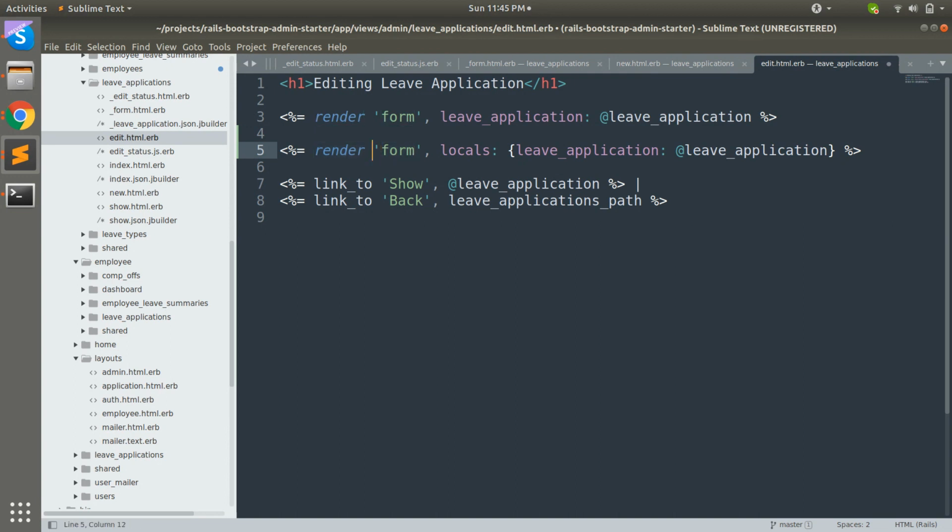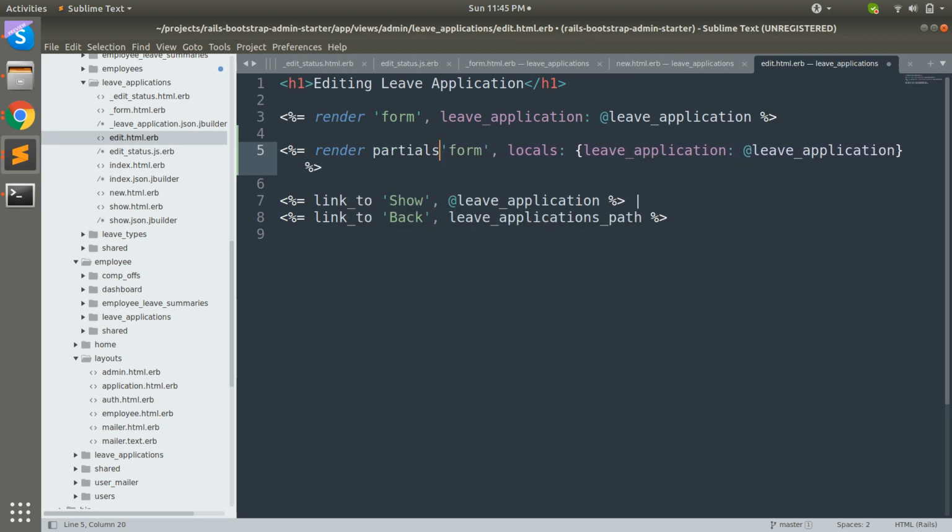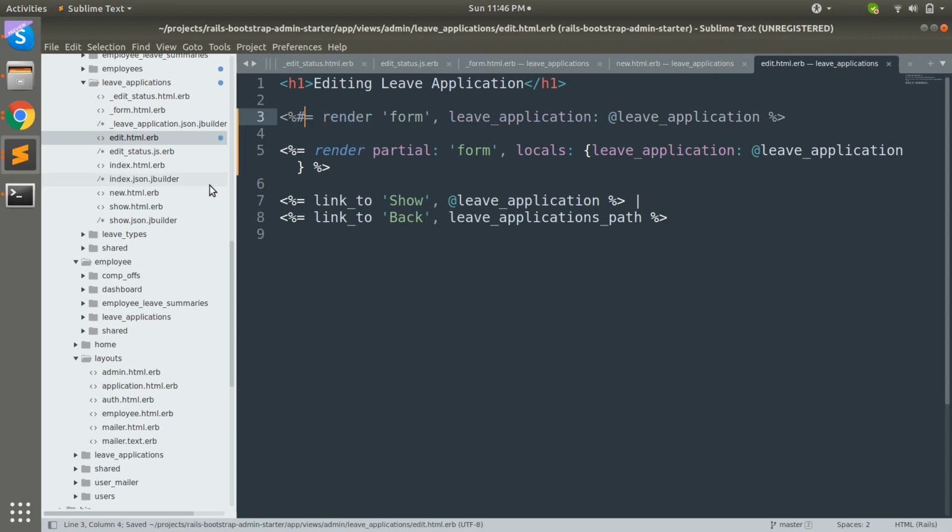But when you pass locals like this, you have to write partial as well. So instead of the render syntax at line number 3, you can use the same path as well. Okay, like render partial form and then pass local variables.